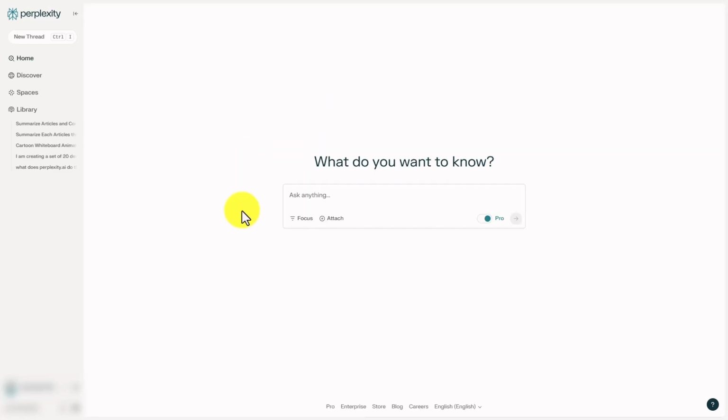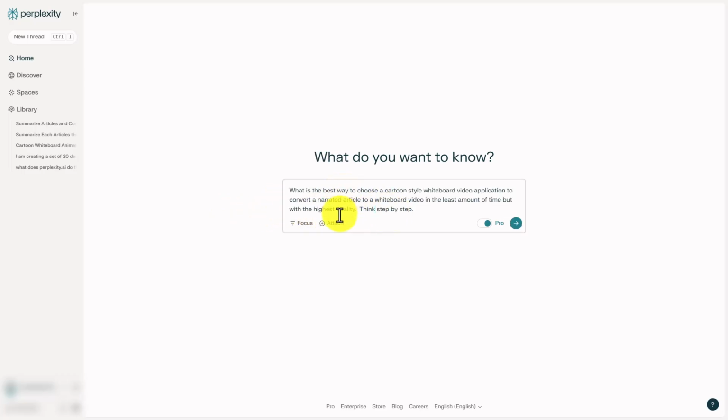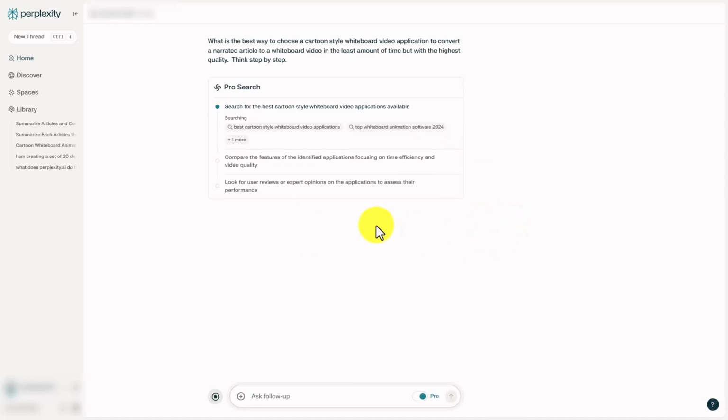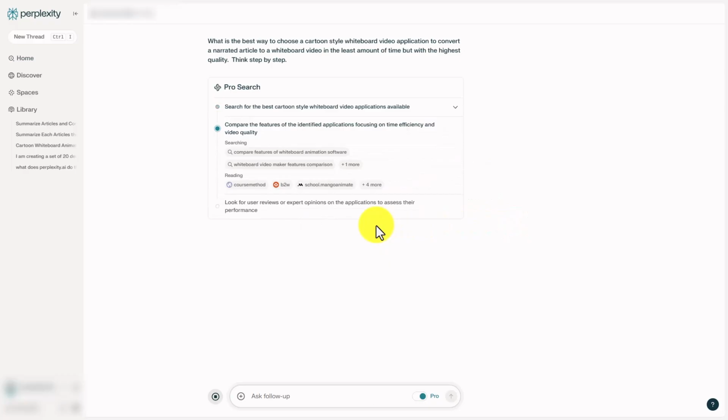Since you have access to multiple models in the Pro version, you'll want to determine which one suits what it is that you are trying to do. One of the ways that you can do that is you can write in your prompt to the dialog box. In this case, we're going to use a semi-structured prompt by asking the chatbot to think step by step. We're going to make sure that the focus is the web focus, and we are going to use the default model. We are then going to click enter, and we will allow Perplexity to do the work